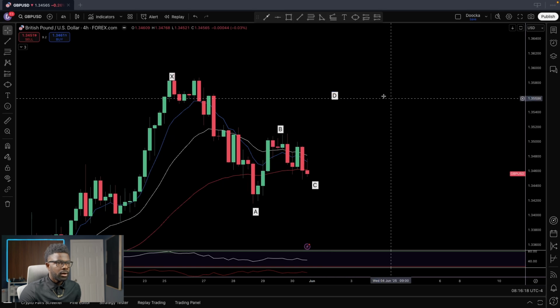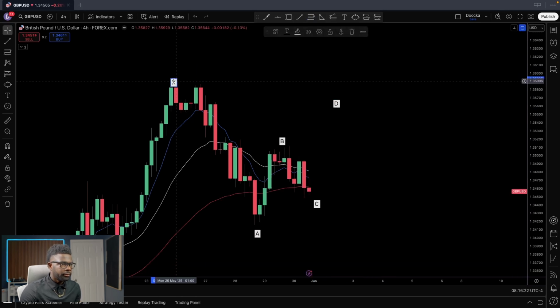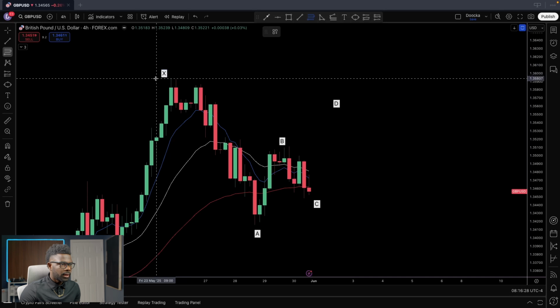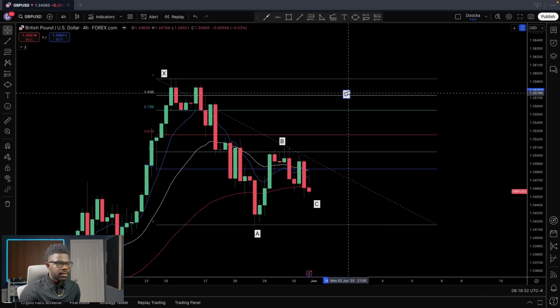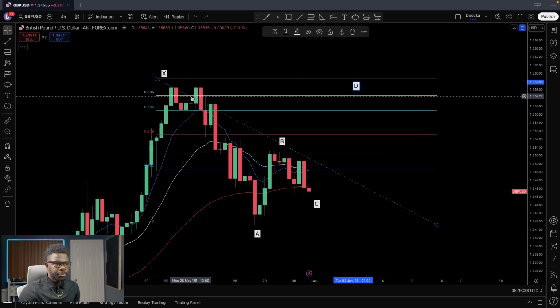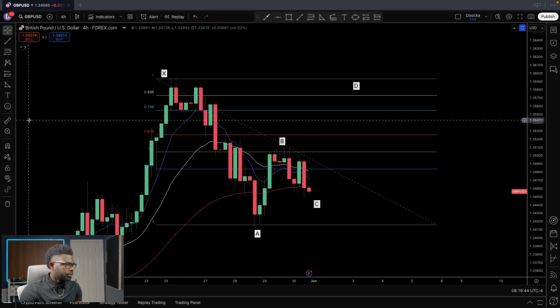we must again draw our Fibonacci retracement from X to A. Then we look for an 886 retracement from X to A. So the 886 retracement is somewhere up there. Now to draw this out, or we can just get our XABCD